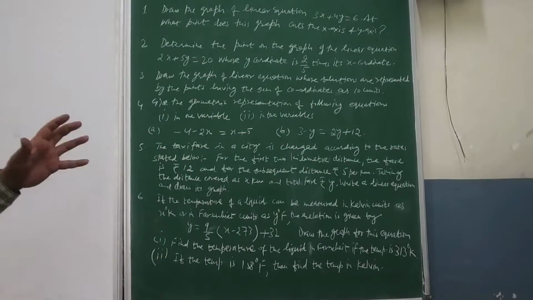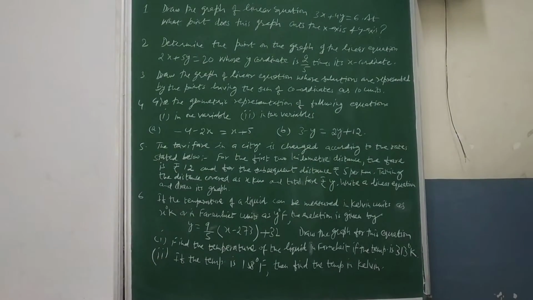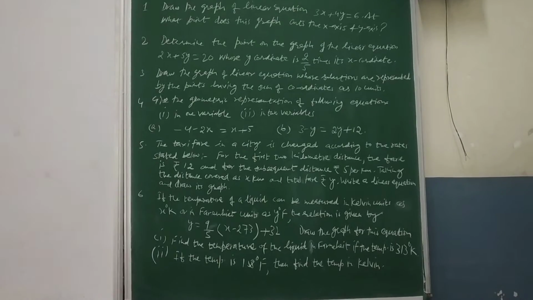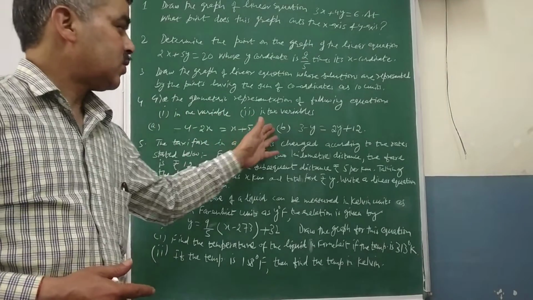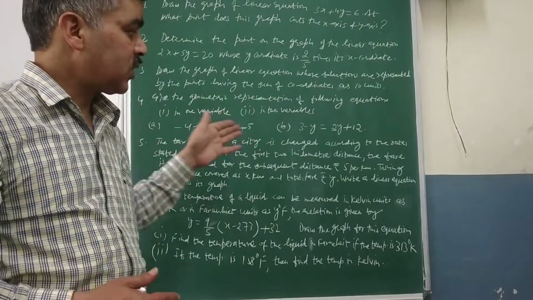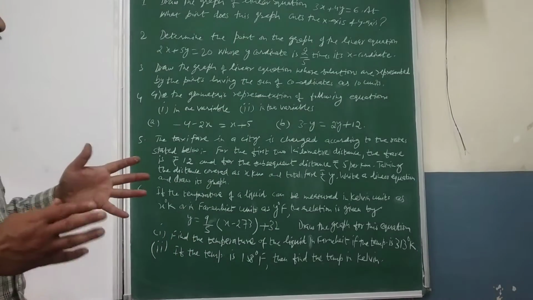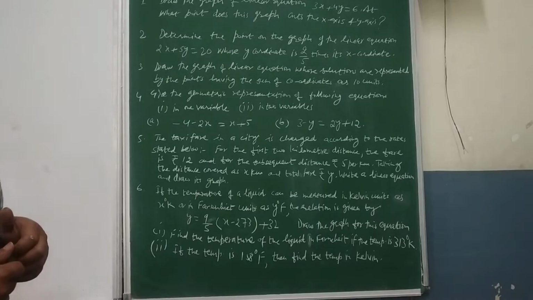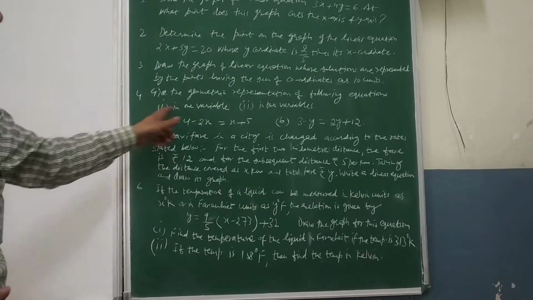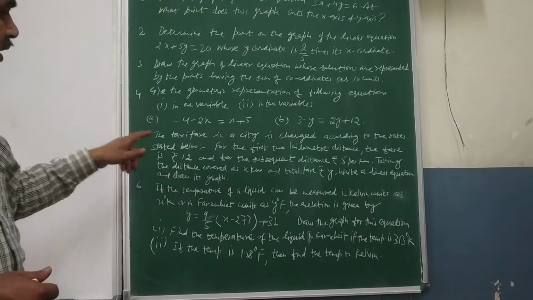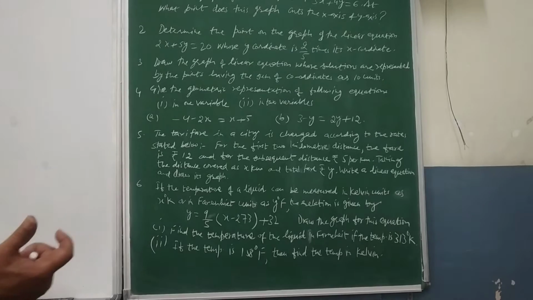You know, when we draw the equation through x, it will always be parallel to the y-axis. And when you draw the equation through y, it will always be parallel to the x-axis. The reasons were explained to you, and moreover, you need to go through the last exercise of your NCERT to cover this question. And then another question was a problem-based question.